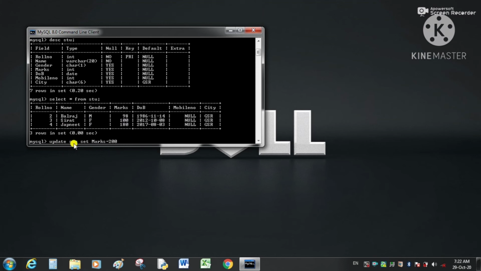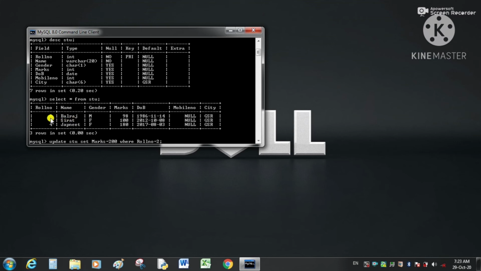Update student stu, set marks is equal to 200, where roll number is equal to 2. This statement will change the marks to 200 only for the record where roll number is equal to 2. It means only the first row will get affected.